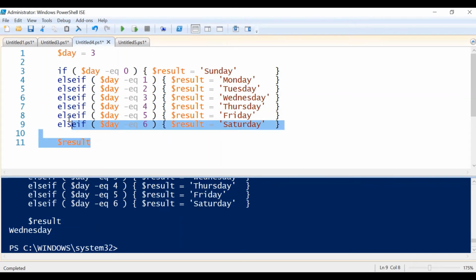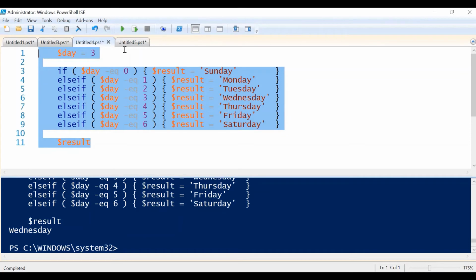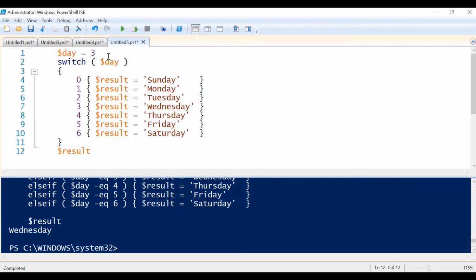So let me show you how you can implement the same scenario with a switch statement. Here we have the same day variable. I'll change its value to 5. Now this time, whatever condition matches the value of the day variable, the corresponding statement will be executed and some value will be assigned to the result variable.